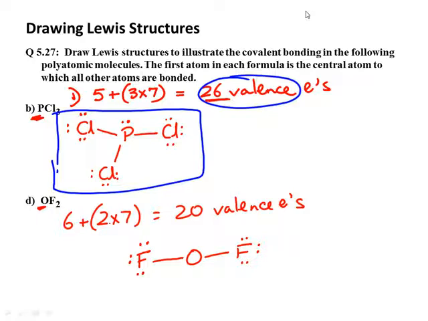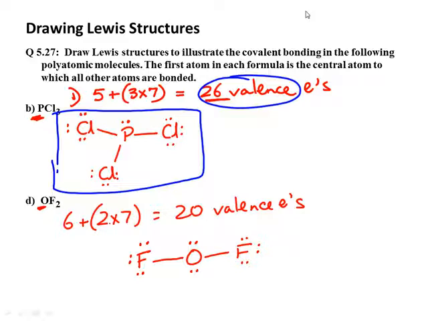And now I've used 1, 2, 3, 4, 5, 6, 7, 8. 8 pairs, meaning 16 electrons. I'm left with 20 minus 16 electrons, in other words 4 electrons, and then I can put those on the central atom to fill up its octet. As a final check, it's always a good idea to make sure that you have used up as